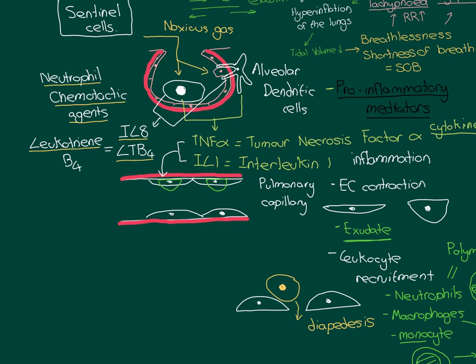neutrophils. So the experimental fact is that in areas where you have a lot of interleukin 8 and leukotriene B4, you end up with a huge number of neutrophils being recruited there, and therefore they're called neutrophil chemotactic agents. And in COPD, in response to this noxious gas, the sentinel cells, as well as releasing these absolutely key ones for starting the inflammatory response, TNF-alpha and interleukin-1, they also release these neutrophil chemotactic agents, which lead to even more neutrophils being recruited to this area than would have been recruited if you just had the TNF-alpha and interleukin-1.